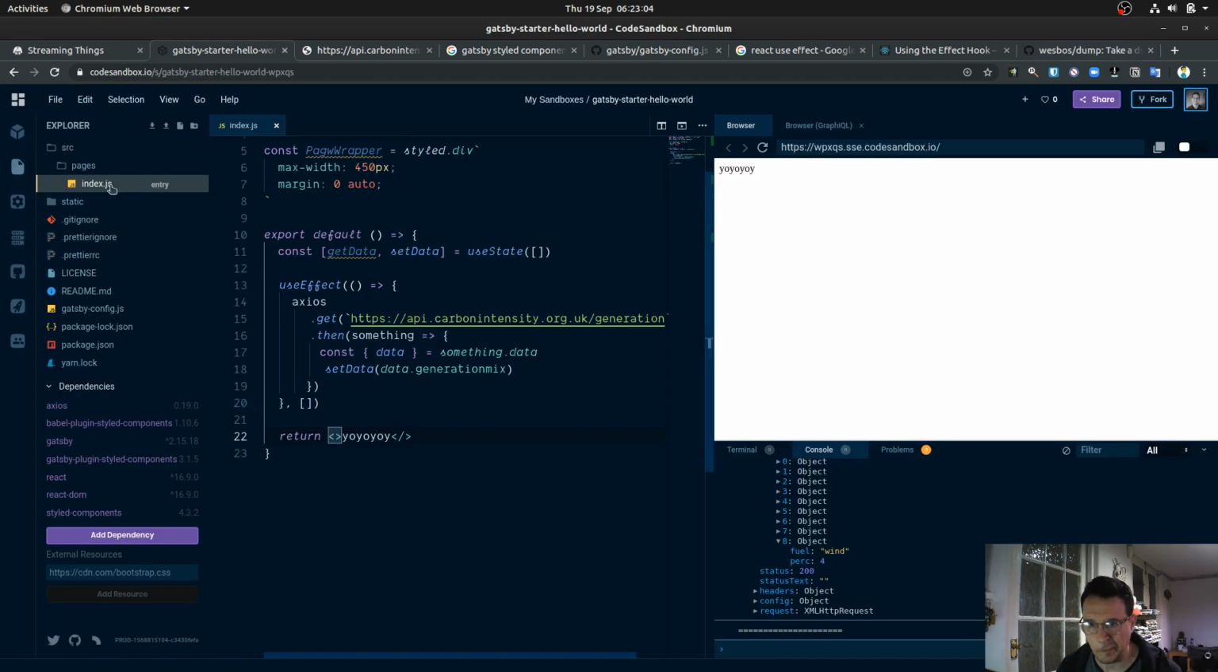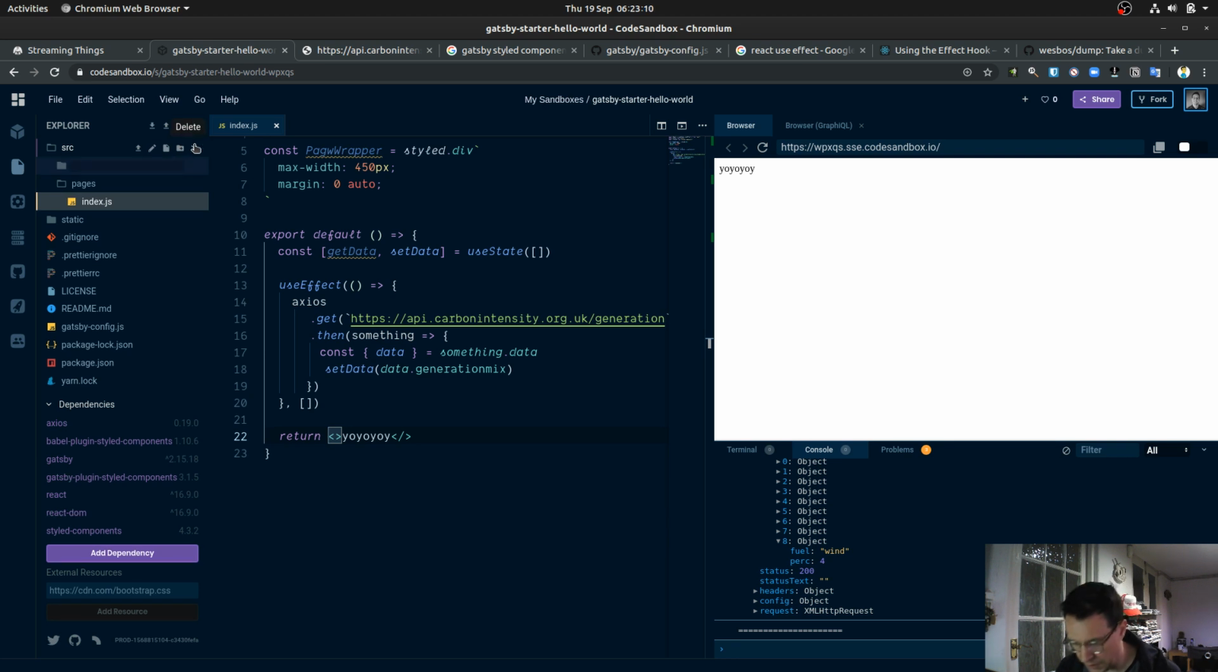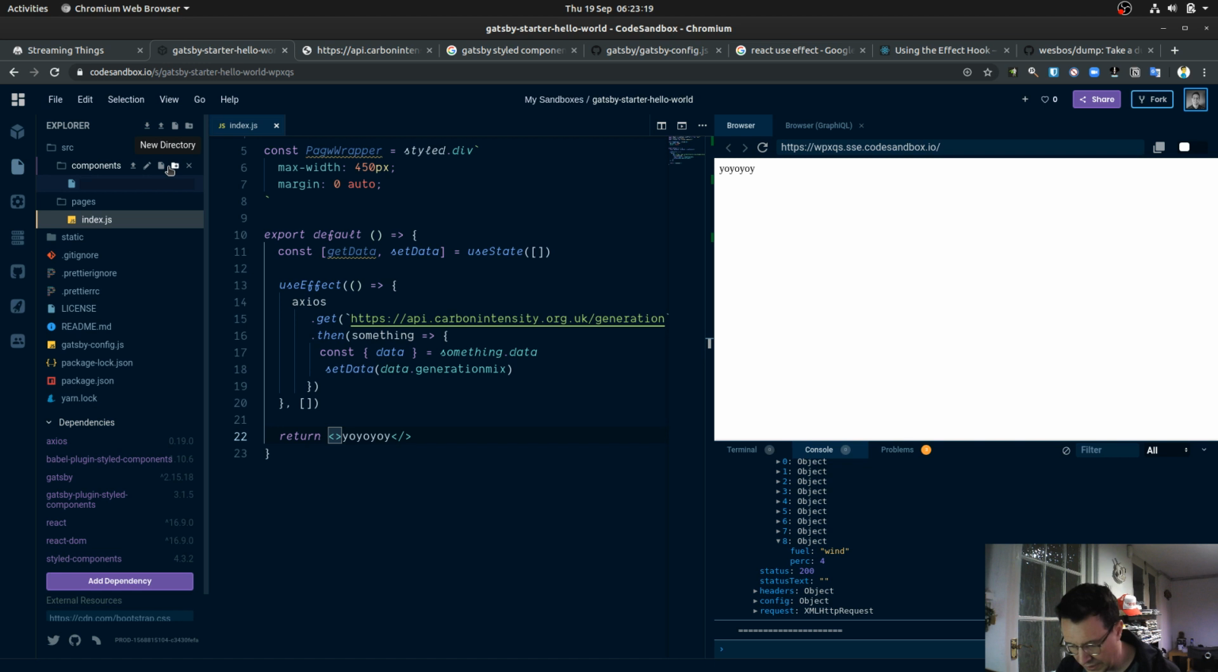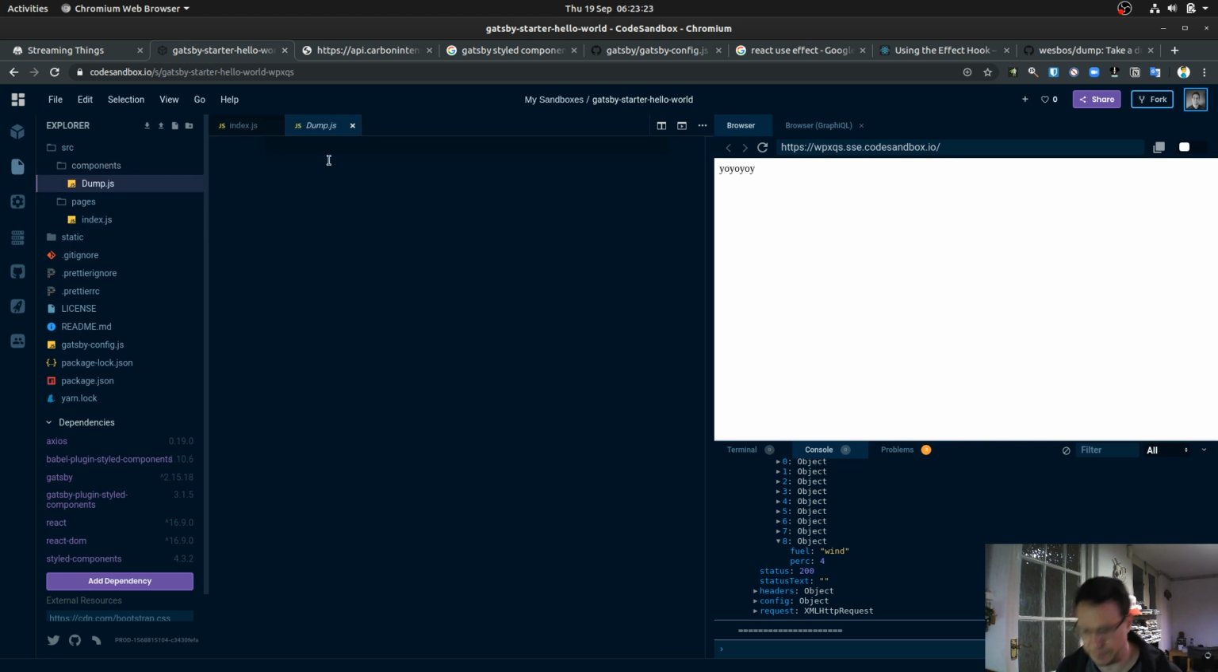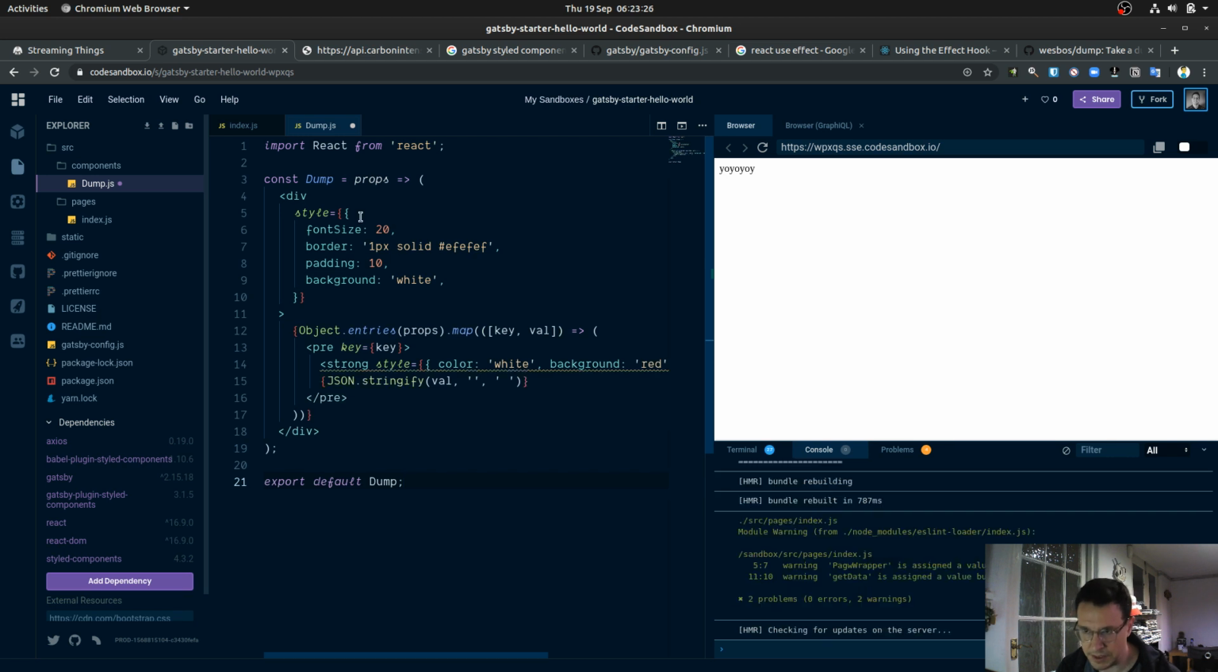Copy pasta, and let's make a components folder for something which is never going to see the light of day, but it's handy to use when you're prototyping stuff. So get the dump in,